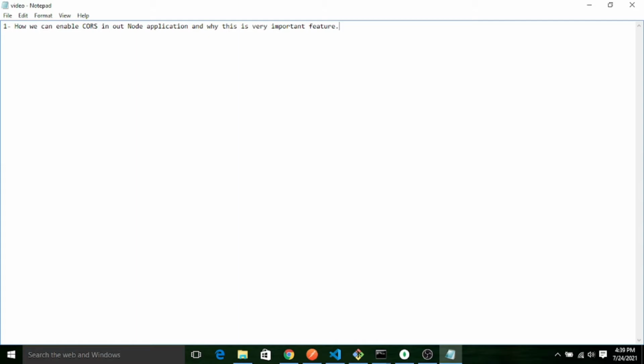So let me tell you regarding CORS. This is cross origin resource sharing. That means, let's say there are three people and all are using three different domains. Let's say the first one is using HTTP localhost 3000. The second one is using HTTP localhost 3001.